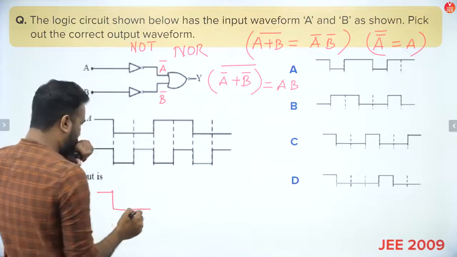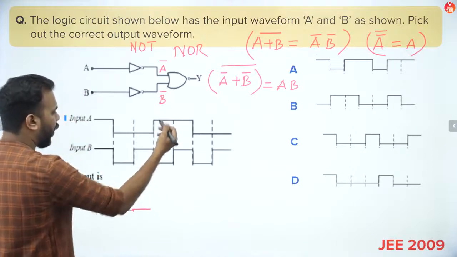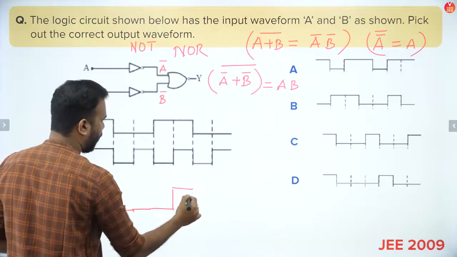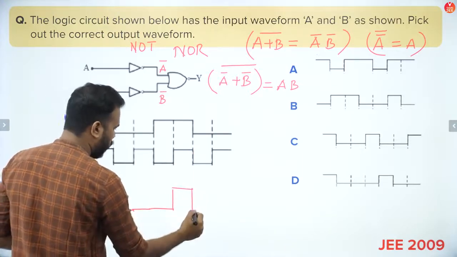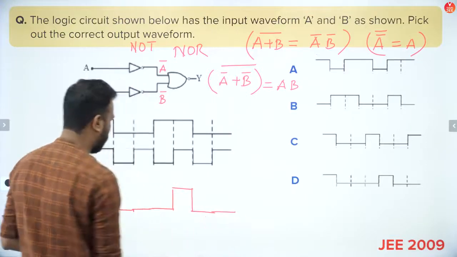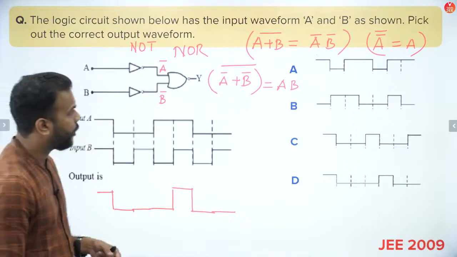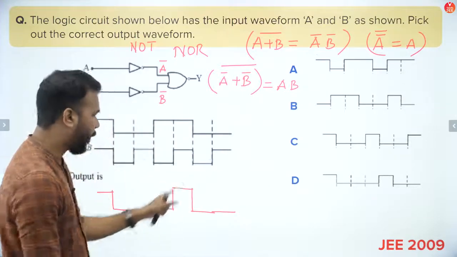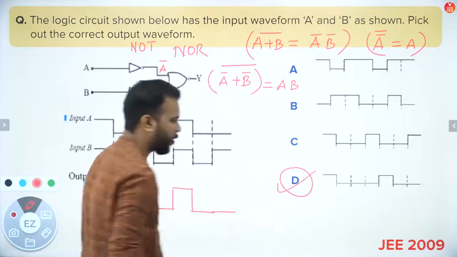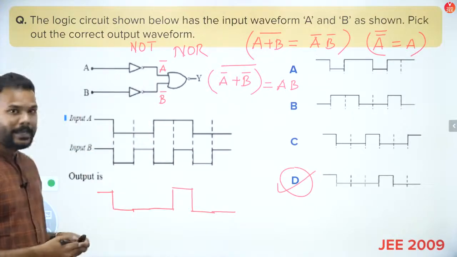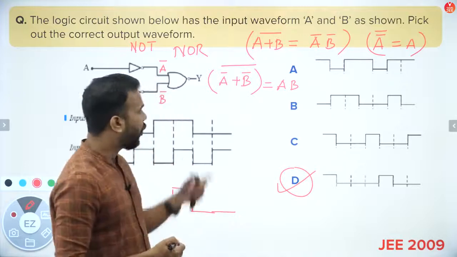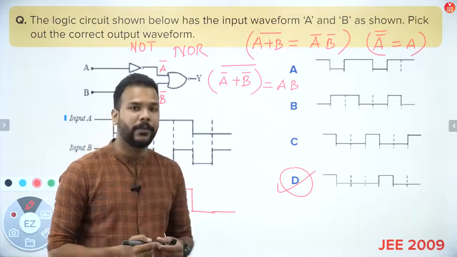After that, this is 1, this is 0, but still remains 0. Now both of them are 1, so again this time it becomes 1. Then both are 0, so this becomes 0. Now this is 1, this is 0, so it continues to be 0. So let's try to match it. You can see that when you compare these two, the correct answer to the question is option D. Yes guys, using Boolean algebra, you can actually simplify a very complicated circuit to a simplified version,